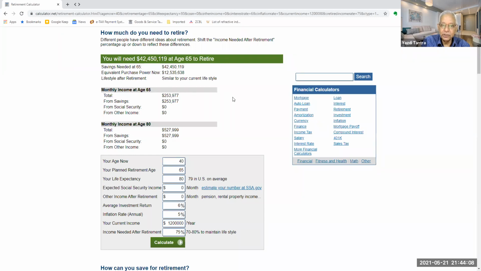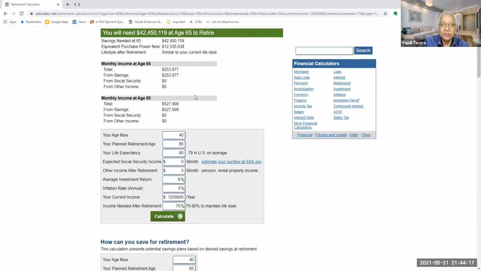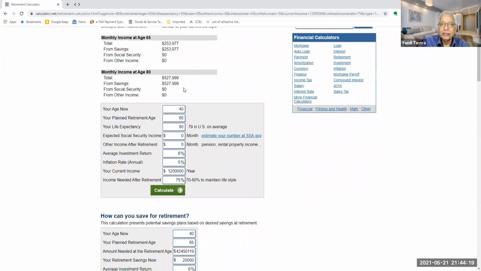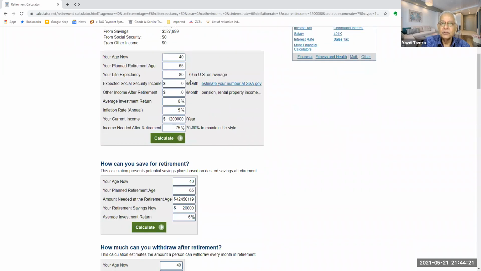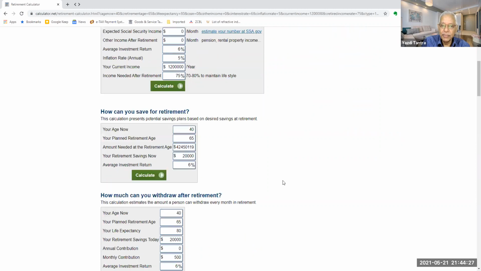Now it is actually computing the whole thing. Monthly income at the age 65 should be so much. From savings you are getting so much. At the age of 80 you should get about 75% of that. Automatically everything is calculated. How can you save for retirement?